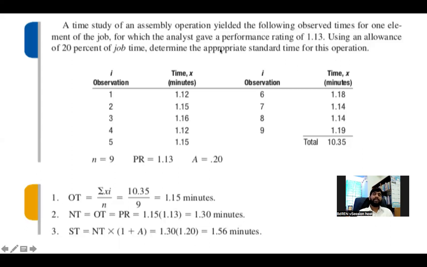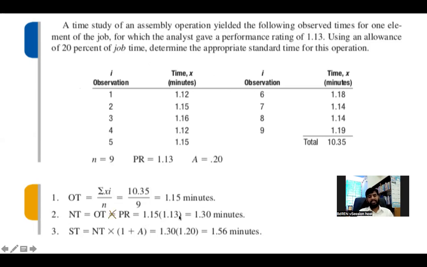And what is the normal time? The adjustment for the worker's performance, because the performance may be much better than the average. In that case, what will you do? You will apply a performance rating of more than 1. The 1.15 observed time is multiplied by the performance rating. This is multiplication, not equal. What is it? It is observed time multiplied by